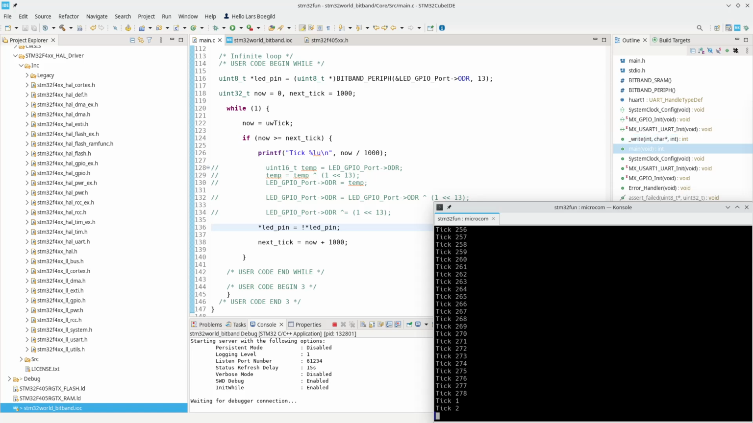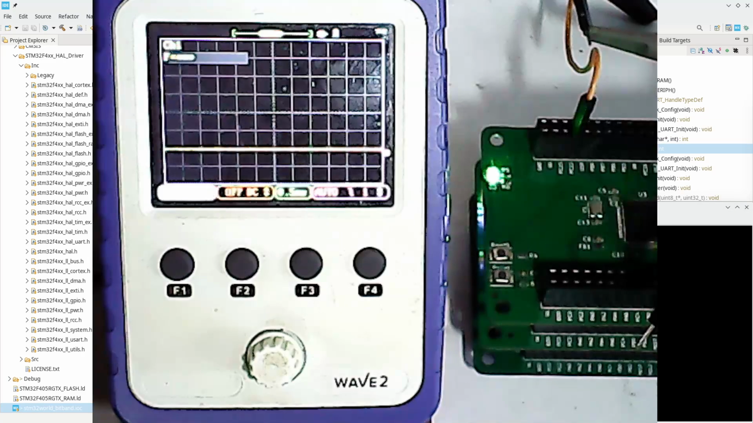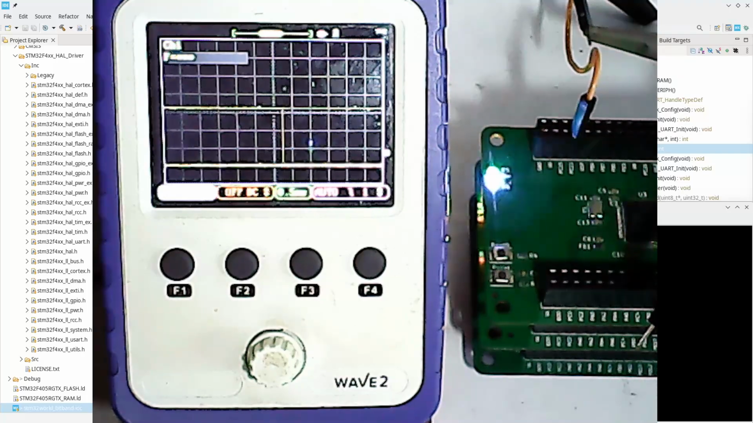Oh, it runs. Does it work? It works. So what we're doing here is we're using the bitband address of this LED pin to toggle the